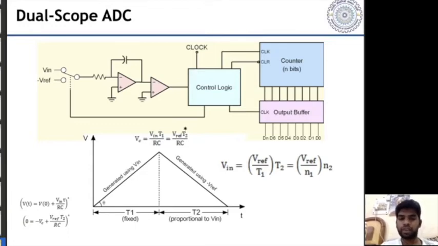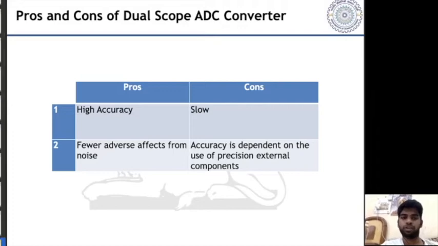So here is the formula that we'll be using for getting the reference voltage and input voltage; the relation between them is written here. The V input is what we are giving, and the reference voltage can be ground. That will be a more sufficient way of getting the required or adjusted values. So here are the pros and cons.